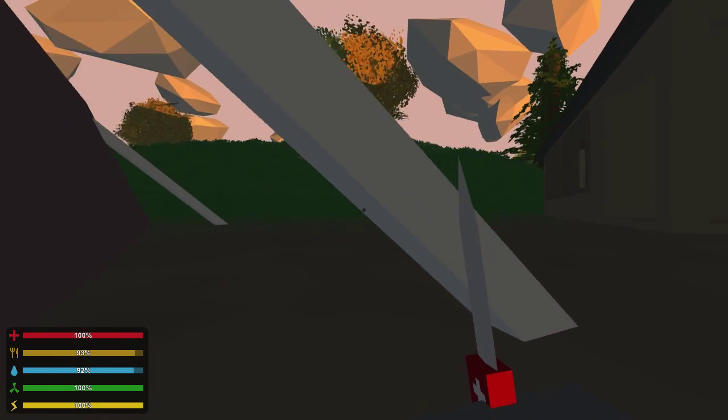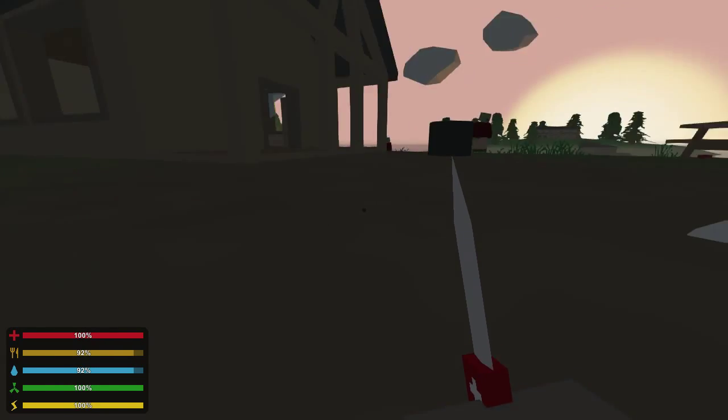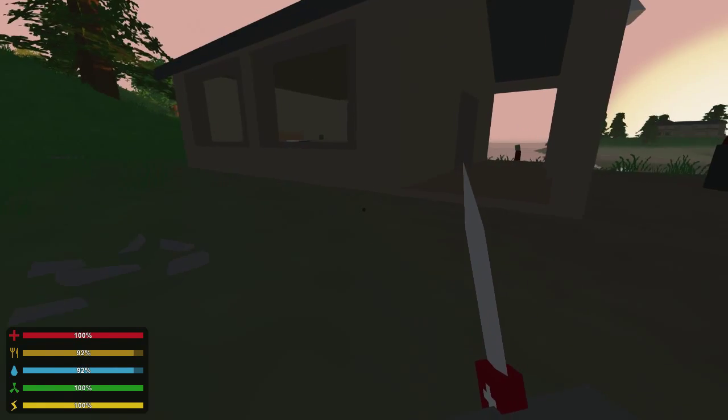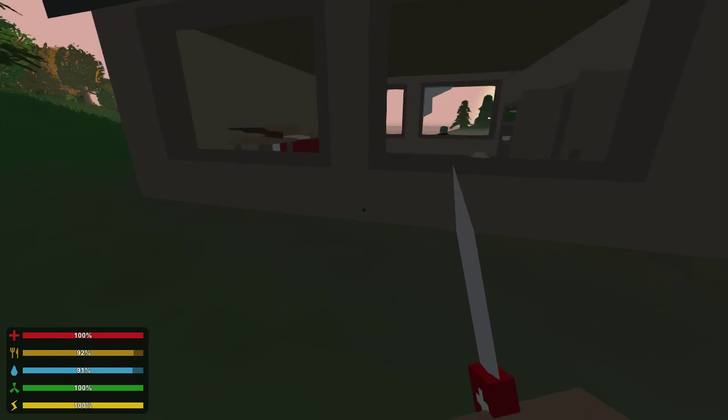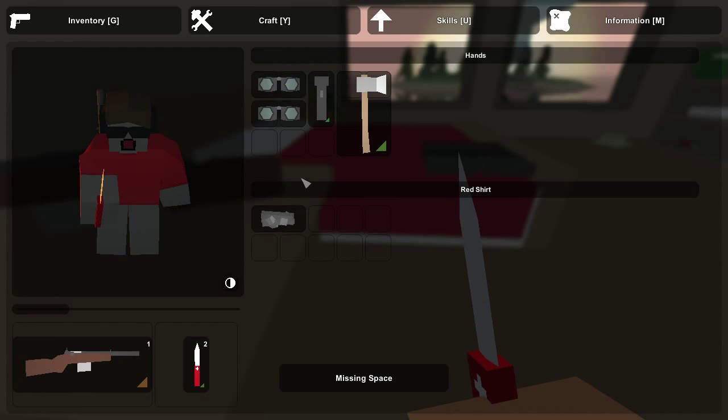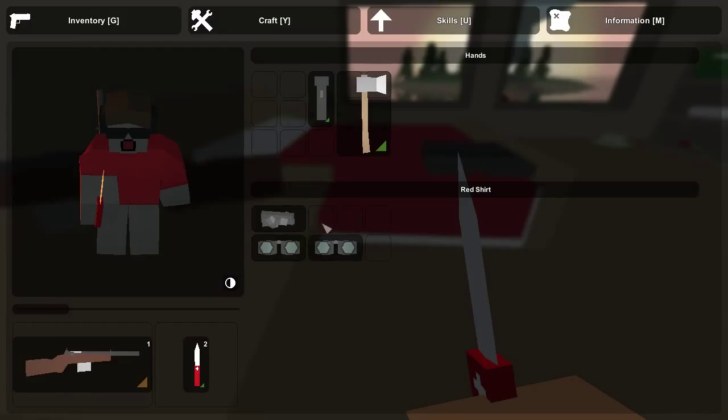Okay. I have got to find... Okay, so I'm going to try and get into this other camp building over here. I think I'm safe. Yeah, I'm safe to move. Let's see, that's another Hawkhound. I'm missing space for it though. So what I'm going to do is I'm going to move some of these... Actually... Ah, man, I don't have enough room to...